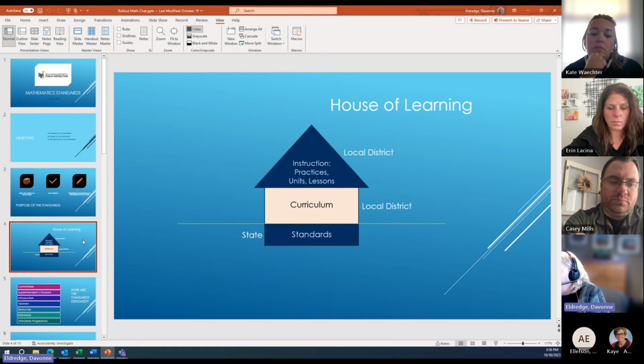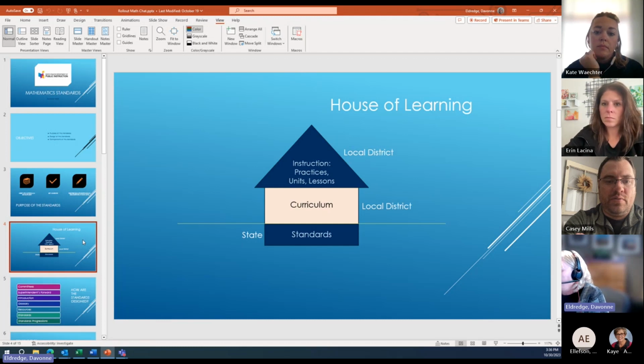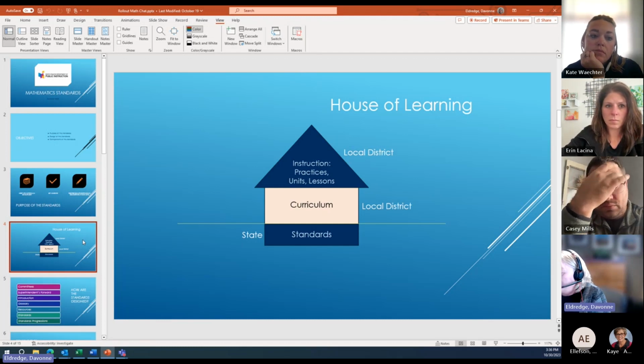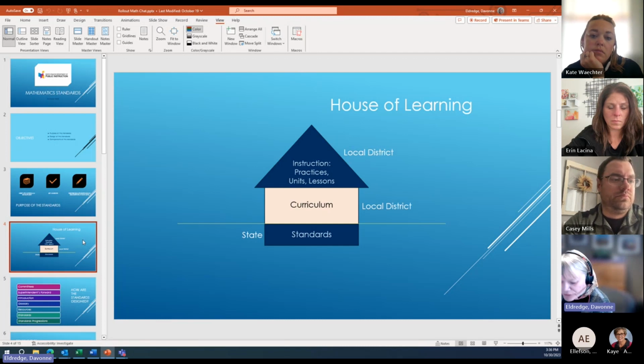One way to think about standards and curriculum and instruction and practices and materials, and how all of that connects together, is to think about a house. The state standards are the foundation of the house. Everything is built upon those standards, so it was very, very important to us that our standards were very, very solid. From there, the districts take those standards and use them to help develop their curriculum. Once the district has developed their curriculum, they use that curriculum to select any resources that they have, to select practices that will go along with their curriculum, and the teachers then use that curriculum to design their units and their lessons that they are going to be using.